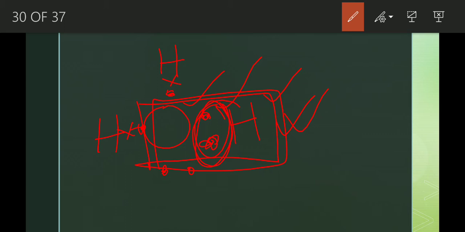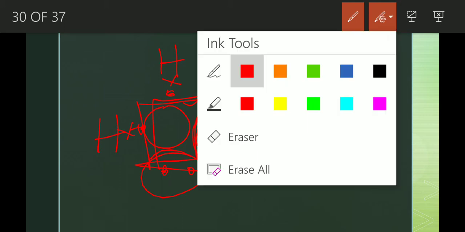Clear? So in water, the oxygen atom contains two lone pairs of electrons after completing its octet. This is one and another one is this. But here when hydrogen ion reacts with the water molecule, the hydrogen ion will accept this particular lone pair of electrons of the oxygen atom of the water molecule. That will lead to the formation of a coordinate bond.